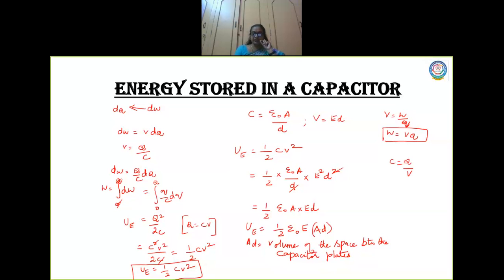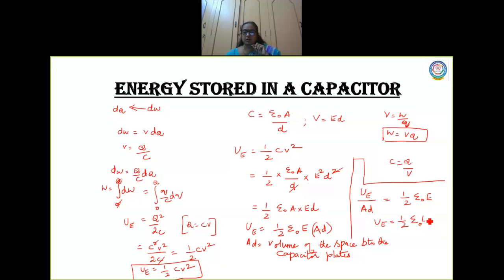So where is the energy getting stored? The energy, now we are going to define what is energy density. Now energy density is the energy stored per volume. Now I bring this equation to the, now I'll just draw a line here and write here. So energy stored per unit volume. If AD is going to take the value of 1 meter cube, then the formula will be half into epsilon naught E. So AD takes 1. So I have the equation for electrostatic potential energy to be half epsilon naught into E.